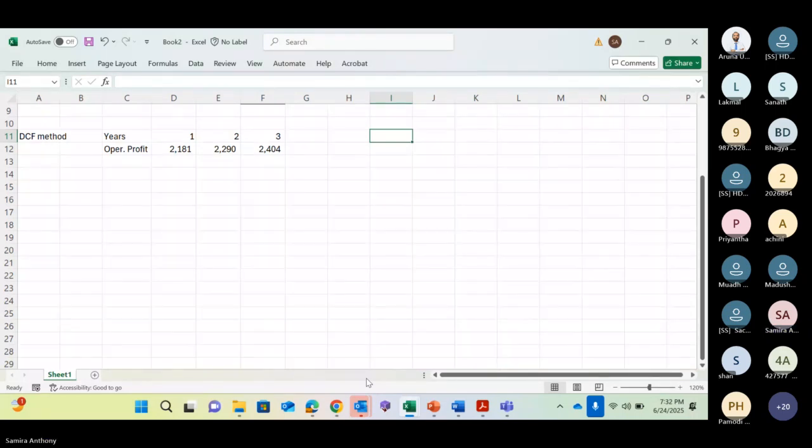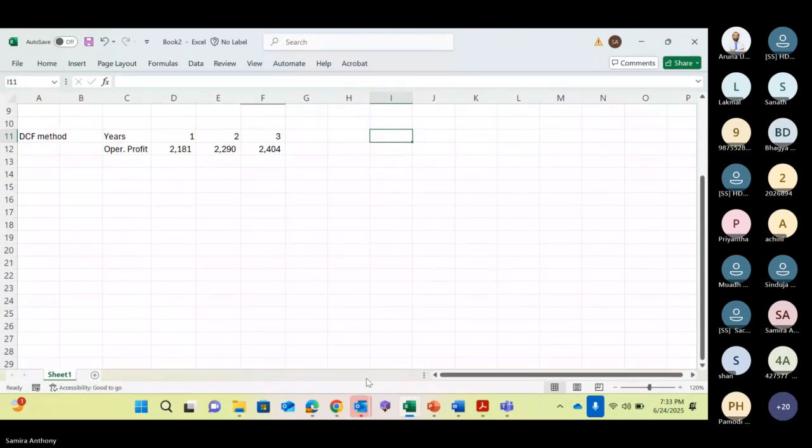Priyanta, I think you can remember how you get the enterprise value, right? When you discount free cash flows to firm, you get the present value, which we call enterprise value. Is that clear, Priyanta? Yes, it's clear. Then you will reduce the market value of debt from that, correct? Correct, yes. Then you will add back the cash balance to that.